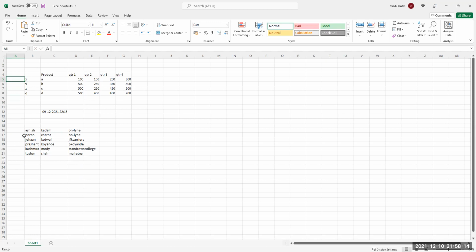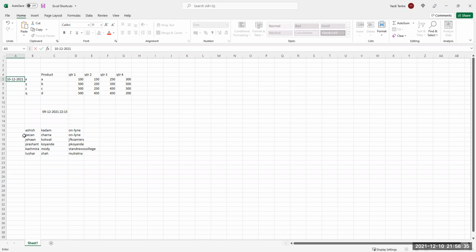Again, lazy people don't like to do all this. I don't even care what the date today is. I just want to insert it. So I just say control and semicolon. Control semicolon.